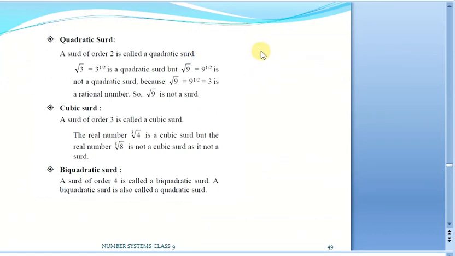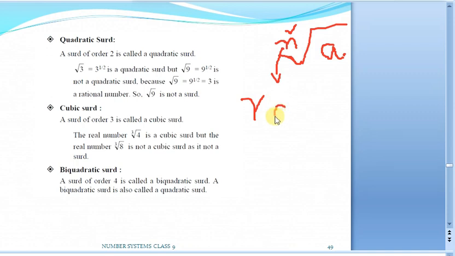So we have seen that surds will be of the form, let us say, nth root of a. Remember, surds can be written in this form. In this form n is going to be your radicand, and this entire thing is going to be your radical. Inside, whatever it is, has to be a rational number. So that is our basic definition of a surd. Now see how we can classify and name them. Suppose here this n, which we call the radicand. The other name for radicand is going to be order.